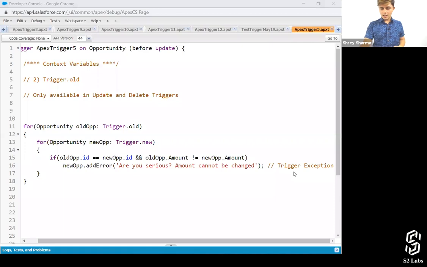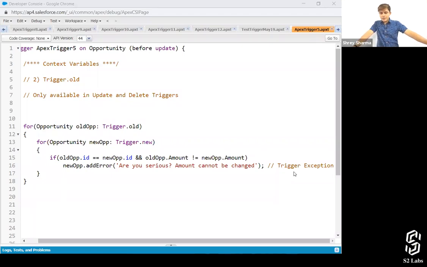There are messages in the chat. Let me have a look. Neha, but we did not mark it inactive. Apex trigger 5. Yeah, Neha, you got the answer to this now, after I explained this with the help of this diagram.